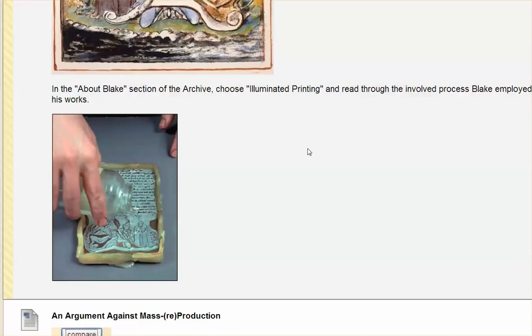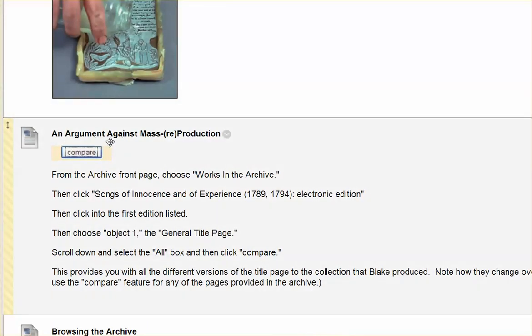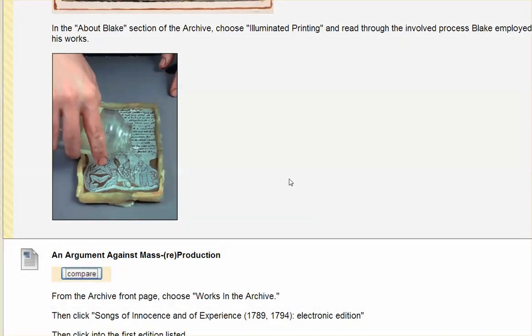It's a really hands-on, dirty, physical type of process, not just sitting down with a pen and a paper. And then the way that he would color those, which is the against mass reproduction argument here, meant that every time he printed it, and of course he was his own printer, he didn't have to give his work to somebody else down the assembly line who would print it and color it and all that other stuff. Every time he produced copies of this, they could and would be different. So it was a completed work, but one that existed differently each time he would print it.